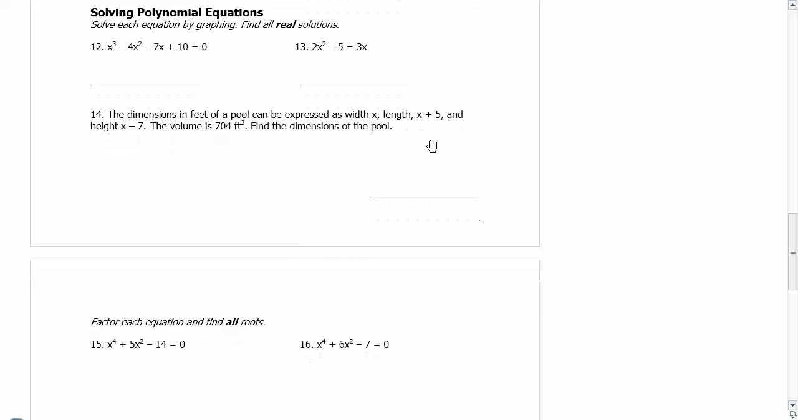Next one. Solving the polynomial equations by graphing. Find all real solutions. What you would want to do